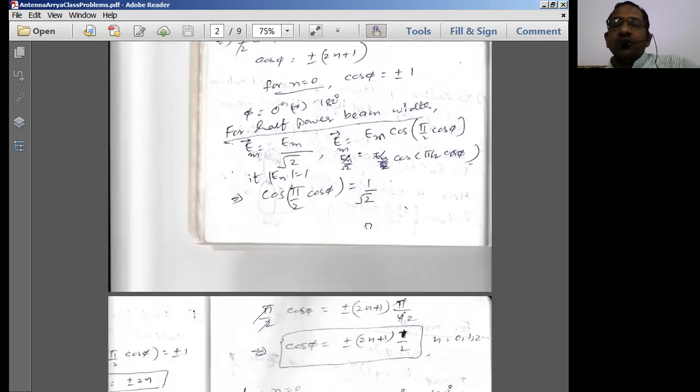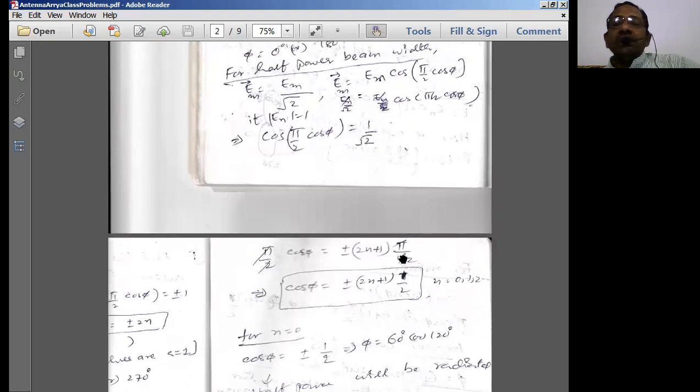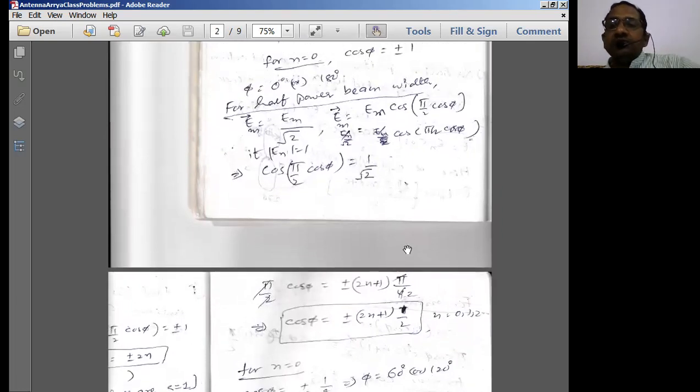The same concept is normally used here, because what are the circuits we're going to use in the antenna system? Once again, amplifiers and all, the same circuits are normally being used. So therefore, the concept never changed. For maximum power radiation, you have to radiate at least half of the power of the transmitter.